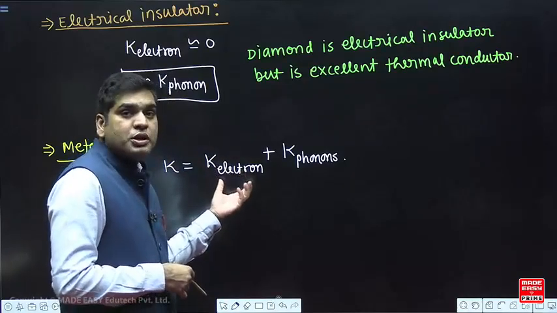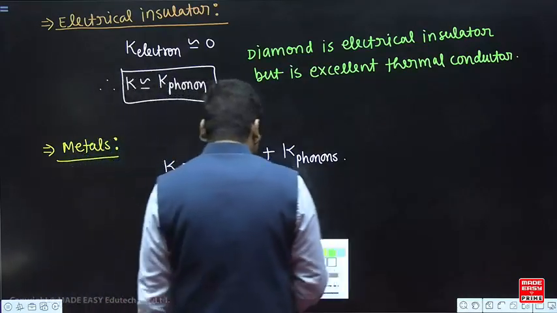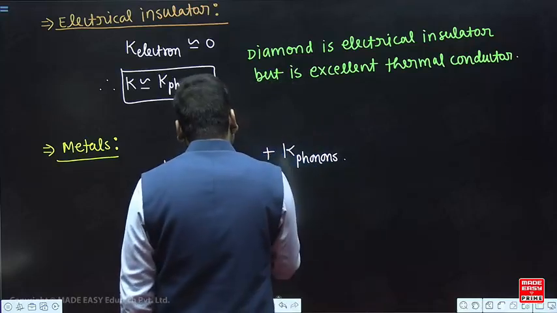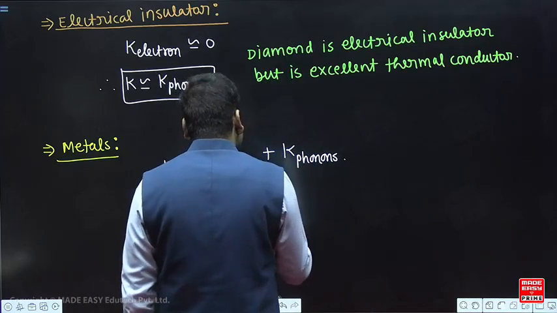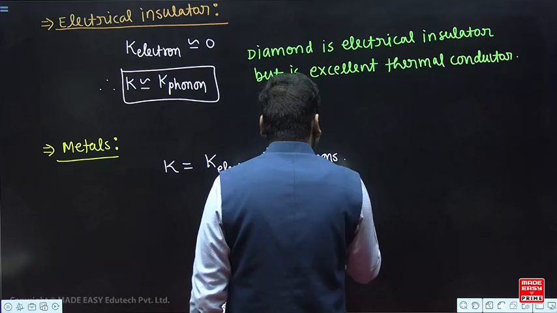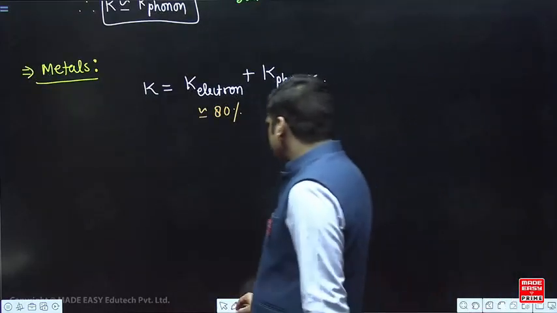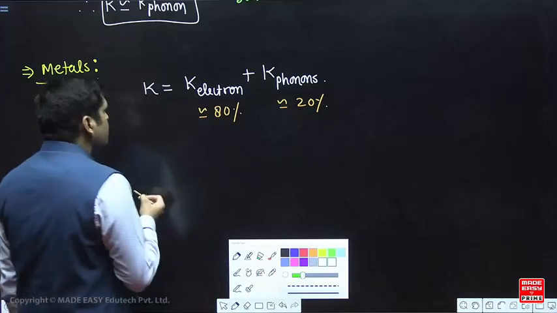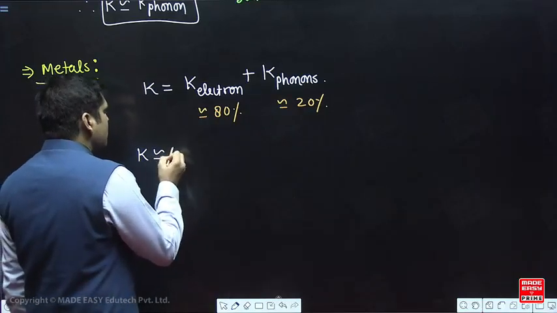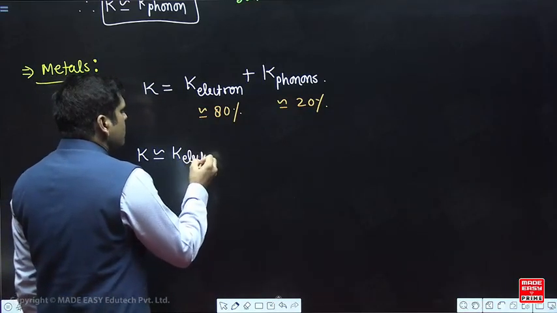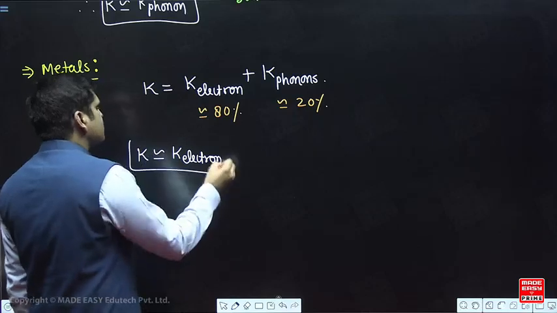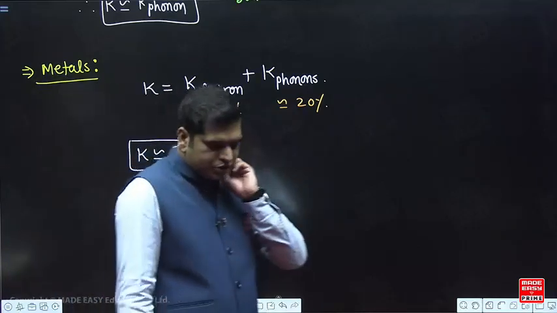Most of the heat would be transported because of the free electrons. So almost 80% contribution is because of these, and almost 20% contribution is because of these. So in metals, most of the heat is being transported due to free electrons. We can say that electrons are responsible mainly for both of the conductivities, thermal as well as electrical, in the